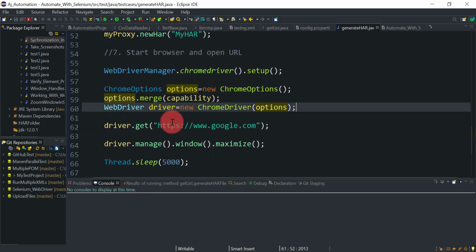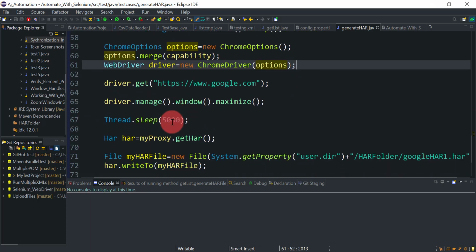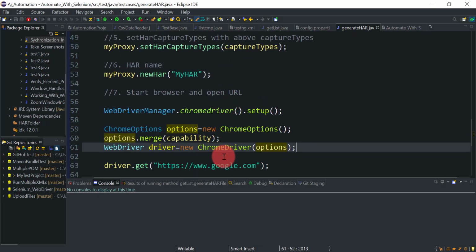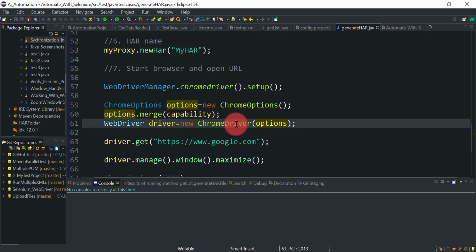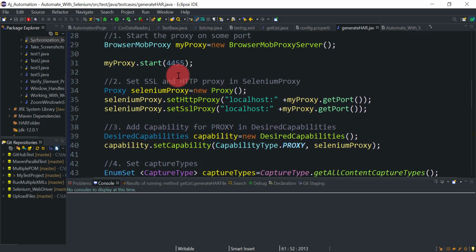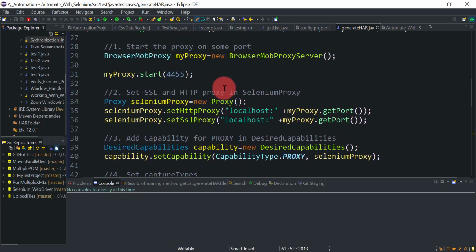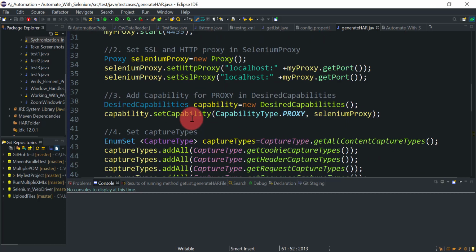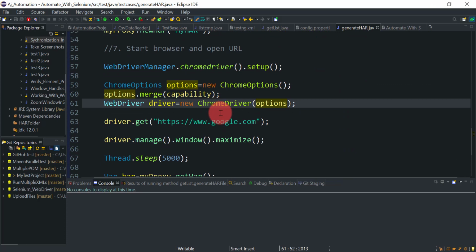So I think we are done with all the necessary things. As we are running the Selenium server and capturing our HTTP request and response through this proxy server that we have started on this port, we are going to get a security error when we open the browser and open any URL.